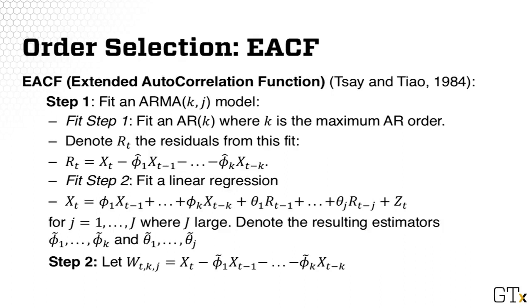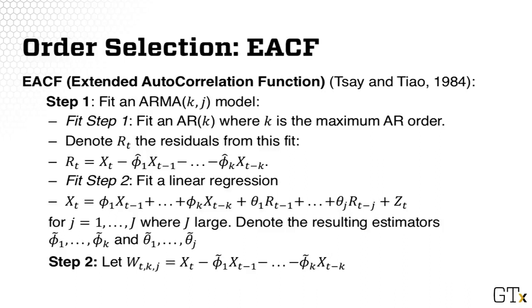A much simpler and less computationally expensive approach is the so-called extended autocorrelation function, or EACF, which was introduced by Tsai and Tiao in 1984. The EACF derivation is a two-step approach. In the first step, we first fit an ARMA with order k, where k is the maximum AR order. Based on this fit, obtain the model residual r_t, then regress r_t on the lagged